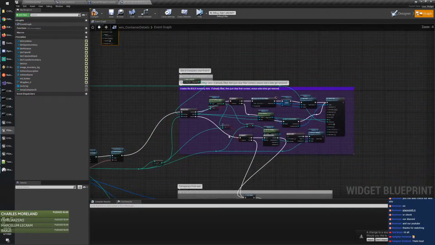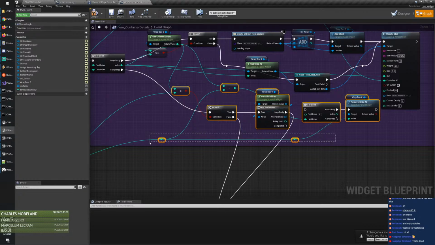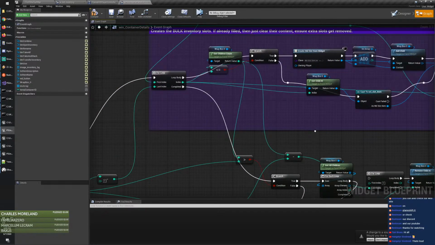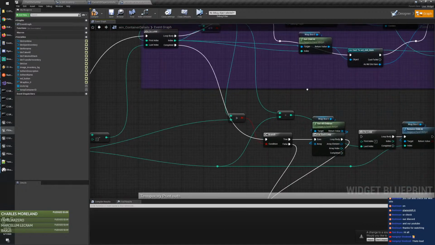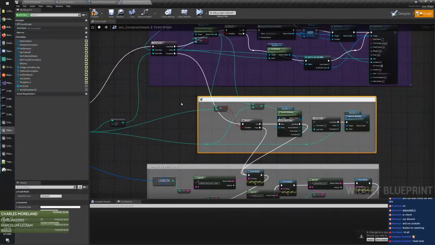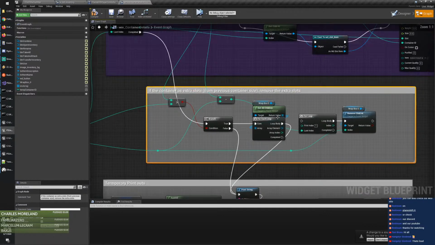Let me do something like, we take this wall part and we split it as a separate thing, and we name it, okay? And we name it. So this thing is: if the container has extra slots from previous container sides, remove the extra slots. Okay. So I think